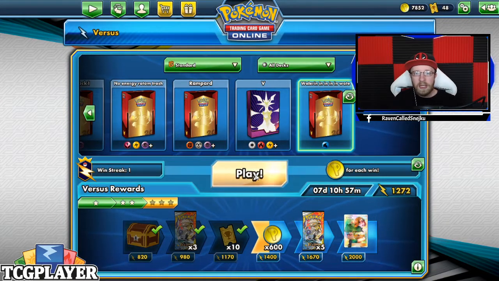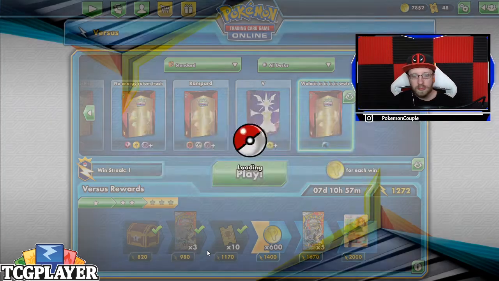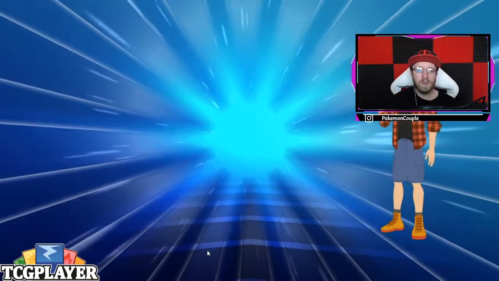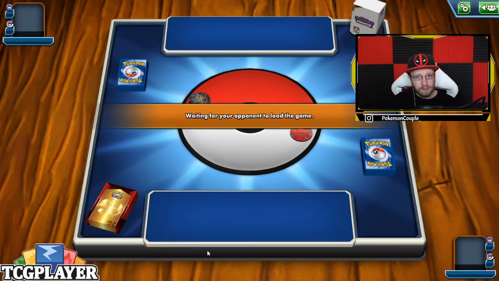Perfect name, right? So as you can see, we are on the win streak right now with him, and let's go. So do you want to go first or you want to go second? You want to go first because you're evolving, right? We are evolving into this stage 2, right? So we want to have that Rare Candy being used turn 2. Of course,